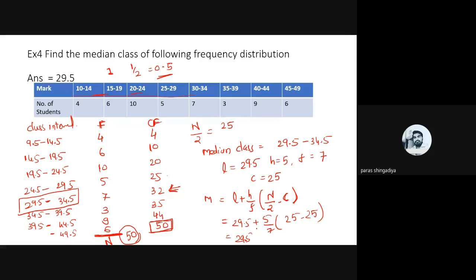Okay. So we'll add some more examples in the next lecture. In the next lecture, we'll find all these parameters, mean, median, and mode, for a table. The data will be the same for mean, then median, and then mode. We'll use these three formulas, as well as the empirical formula. We'll derive any two values, and by using the empirical formula, we'll check the third one. That part we'll discuss in the next lecture.